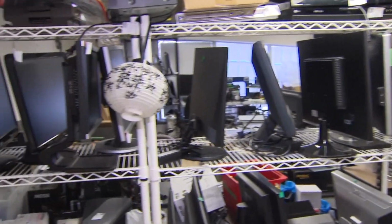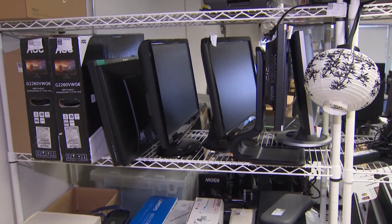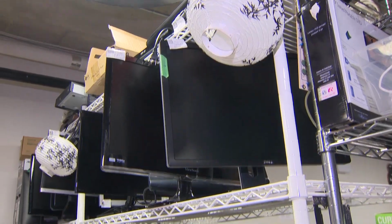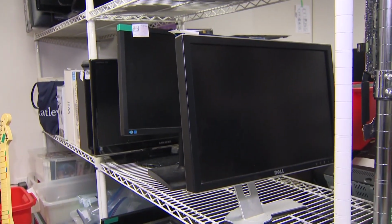There's a lot of things that people are using, and then when they're done with them, the device might not be like end of life. It just might be end of use for them. And so what we are looking at is we're trying to bridge the digital divide using unwanted technology. So things that people don't want anymore, computers that, maybe if you're a developer or something like that, you need the newest and best, but what's newest and best to somebody in the day life, that computer could still be